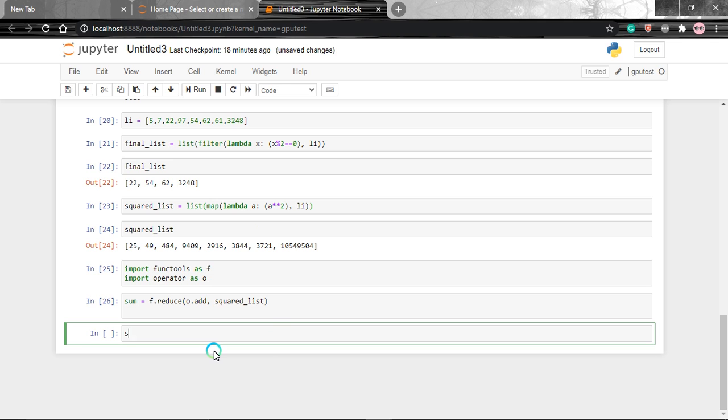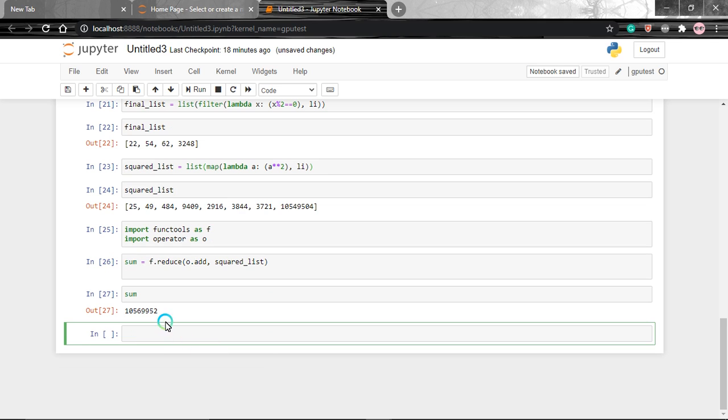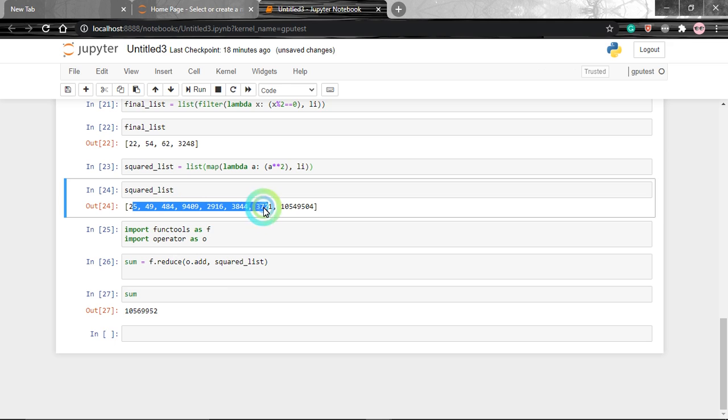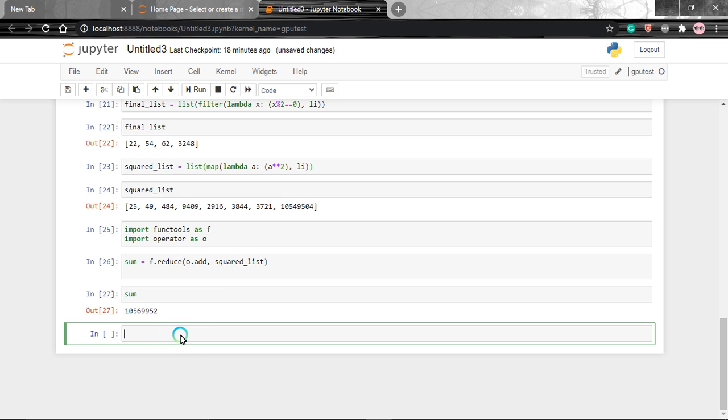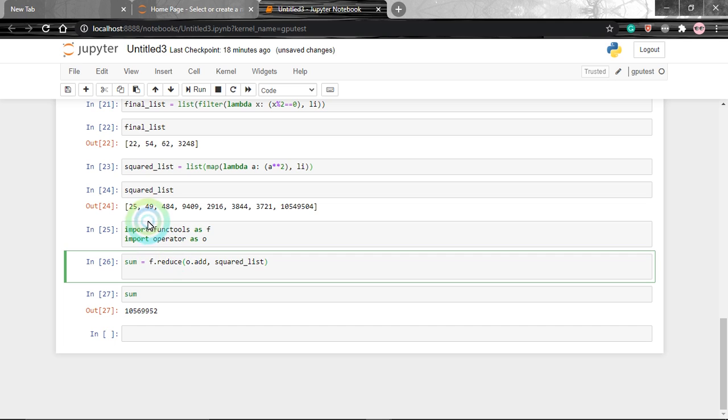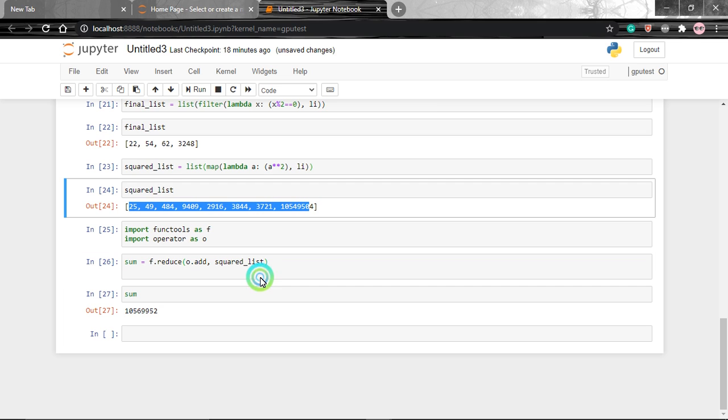If we try to see the result, we can see this is the list and the sum of our squared list. If you want to see consecutive printing of sums, let's say we have used this reducer, the reduce function. Reduce was used to give a single final output of the sum of the whole list.